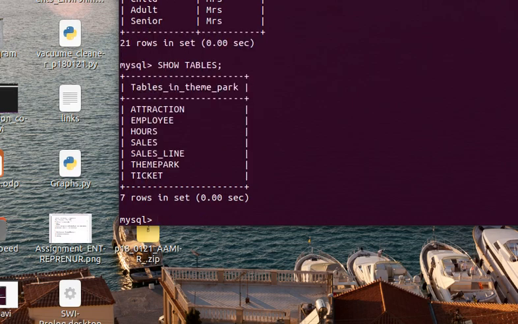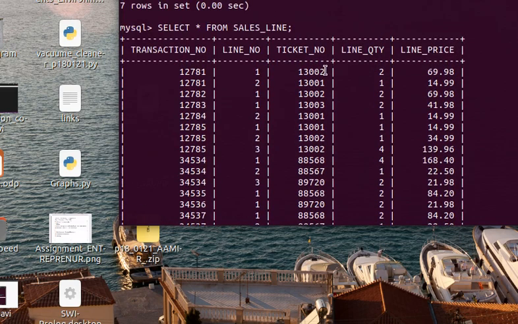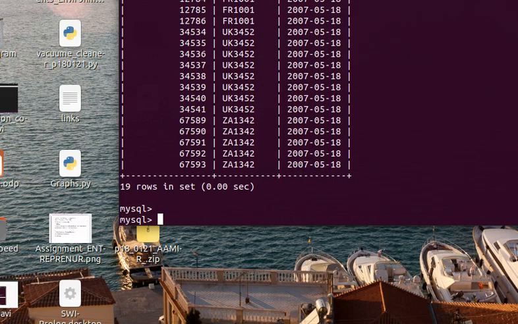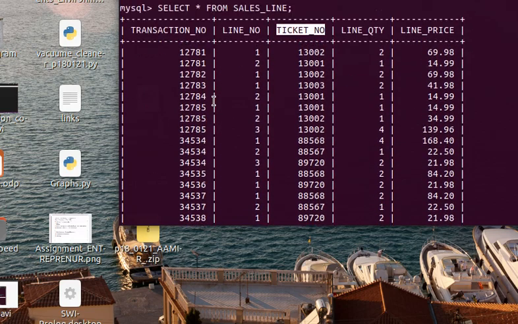Let's show these tables, and let's check each table if they have multiple columns or not. So select everything from sales line. So these are sales line. Let's check another. Select everything from, let's suppose, sales. So these are sales.